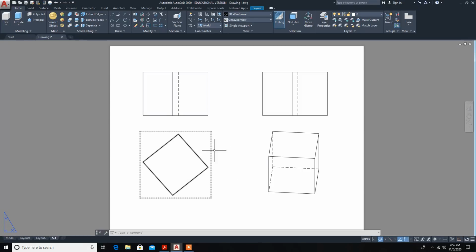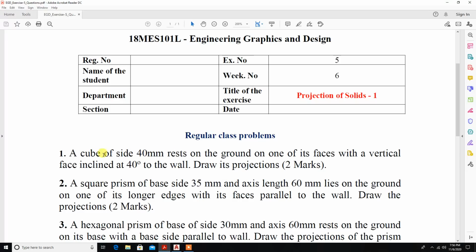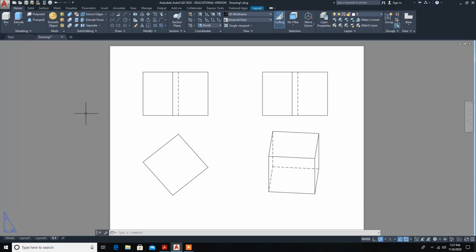Is the answer completed? No. You have to draw the reference line, the XY line. According to the question, the cube of side 40 mm resting on the ground on one of its faces with a vertical face inclined at 40 degrees to the wall. So where will we draw the reference line?